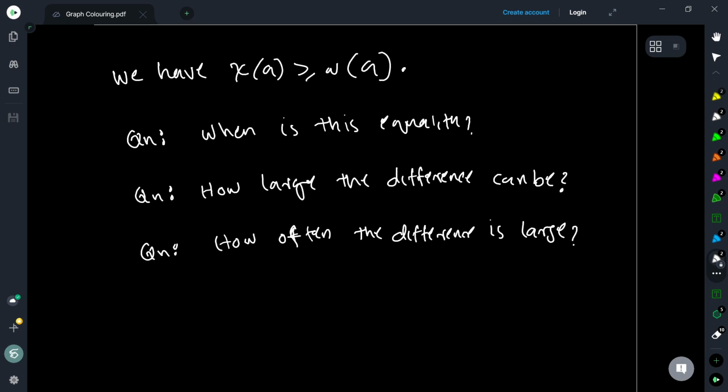Now, what we have already seen about the chromatic number is that the chromatic number is always at least as big as the clique number, which is omega. In the clique, every vertex should get a different color in a proper coloring. So one of the immediate questions that arises is when this inequality becomes an equality. It is one question one can think about. Can you say that the chromatic number is equal to the clique number, and when is that the case? We have already answered that, like, not answered,